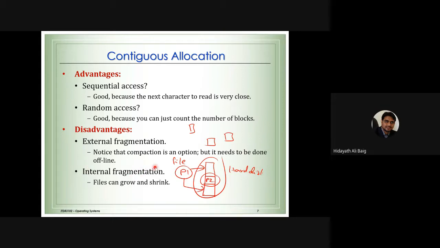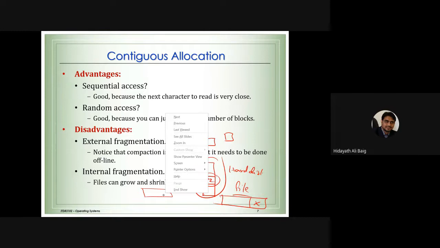Disadvantage, internal fragmentation also. We think about this problem that we have external fragmentation, we may have the data here and there, but we think, okay, for the file I will give more memory. When I do this, two problems will happen. Sometimes the file may be very small, so we are wasting the memory location here. Sometimes the file may increase, because we don't know whether the file can be reduced or increased. If I give the memory in the beginning, okay, this is your space, sometimes it may be reduced, sometimes it wants more, which means there is a problem.